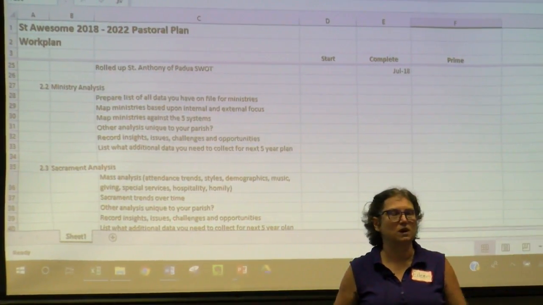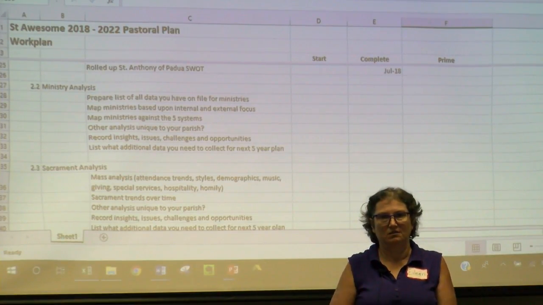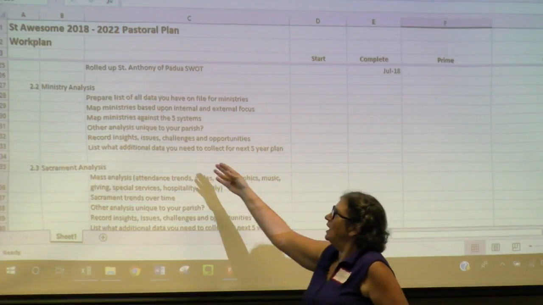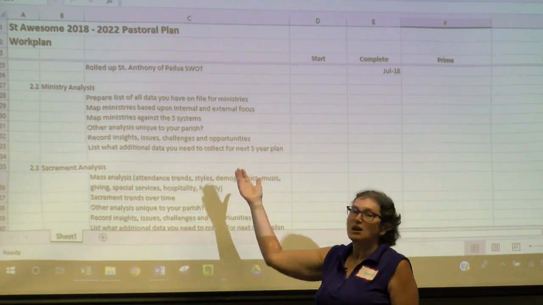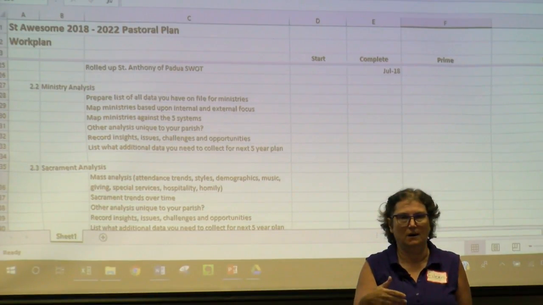And then we found ministries we had no idea what they were and why they existed, but they'd come in from one of the 3 churches. So then, is there anything else that's unique to your church in terms of ministry?